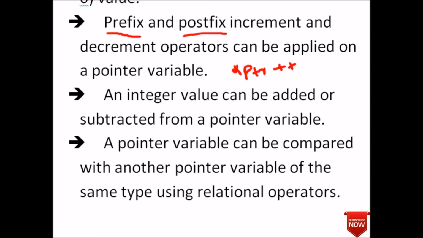And here two possibilities arise. It can be written in this form, or in this form, with plus plus and a bracket. It means that,